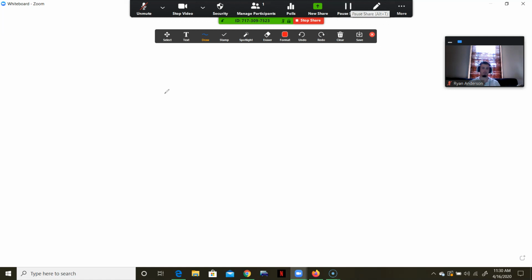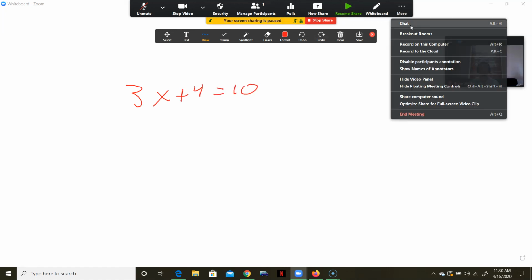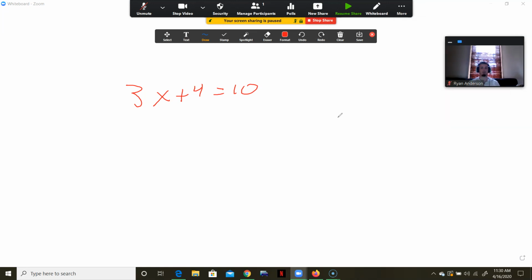So if I want them to work through that problem of 3x plus 4 equals 10, what I can do is pause it. I can put them in breakout rooms, have them talk through it. And while they're there, I can go ahead and show the steps. So 3x equals 6, divide by 3. So x equals 2. So when they come back, their screen will still only show that 3x plus 4 equals